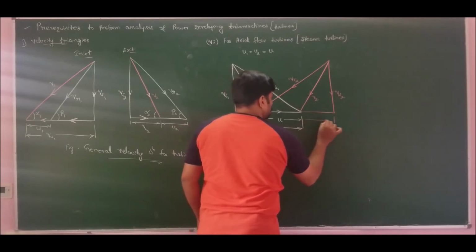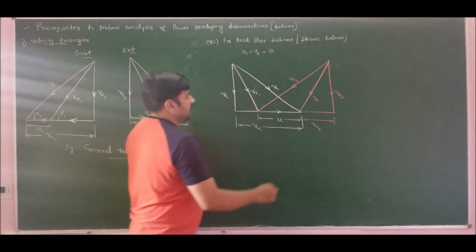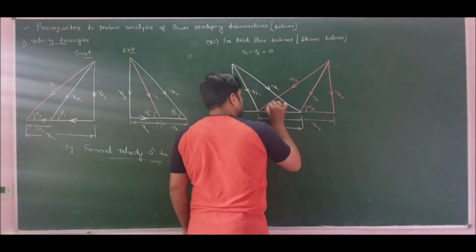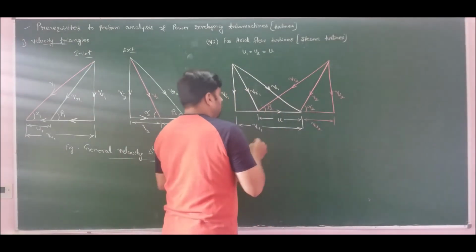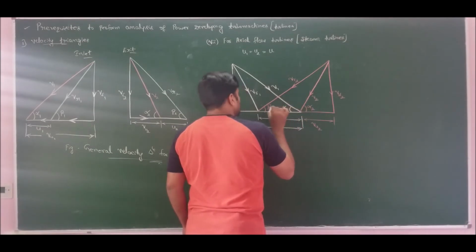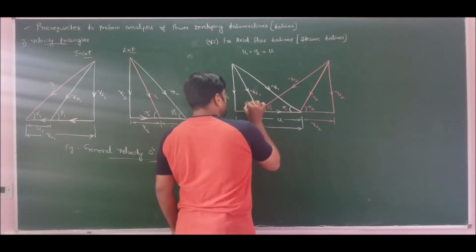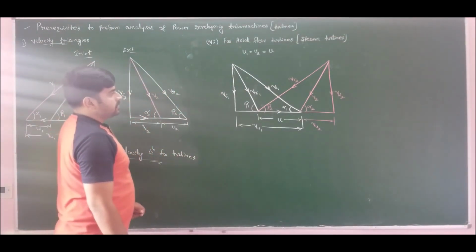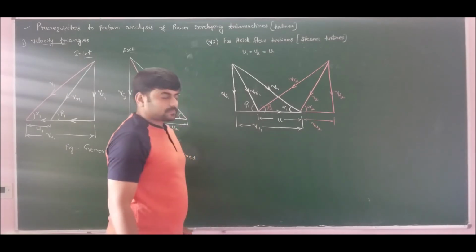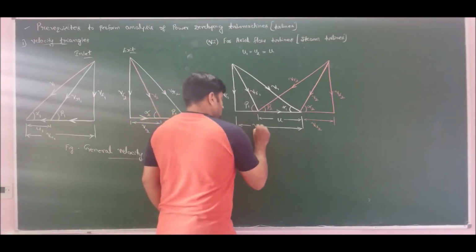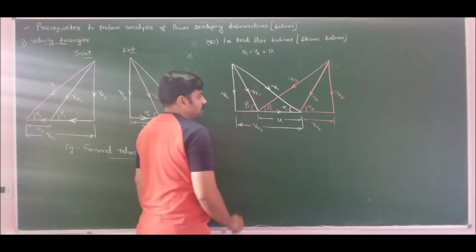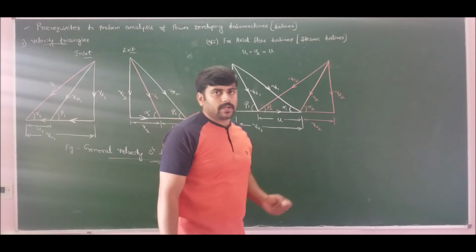From V2 to VF2 it gives us VU2. The angle made by V2 is alpha 2, the angle made by VR2 is beta 2. The angle made by V1 is alpha 1, the angle made by VR1 is beta 1. So this is the combined velocity triangle for axial flow turbines with a common base. Note it down and try to remember it always, because this is very important to solve problems on steam turbines graphically.